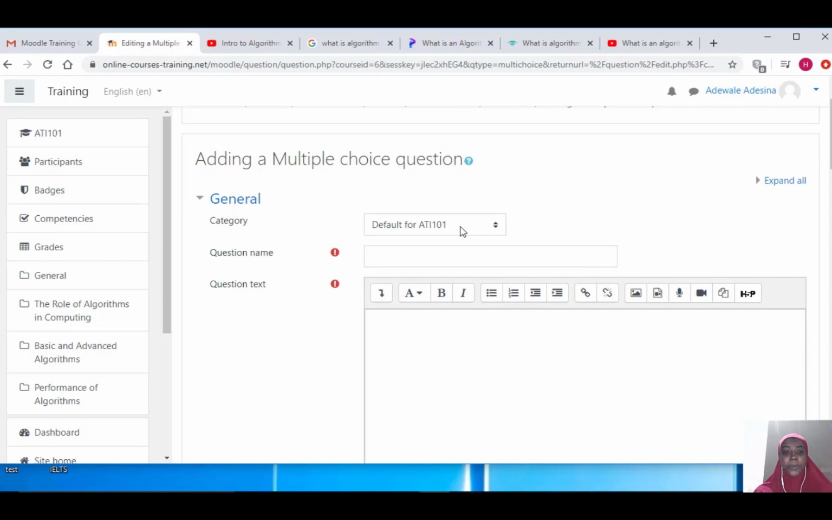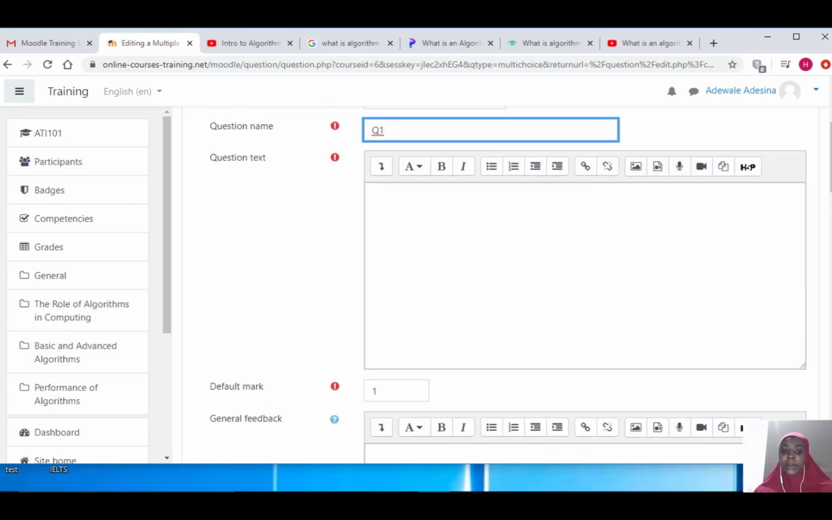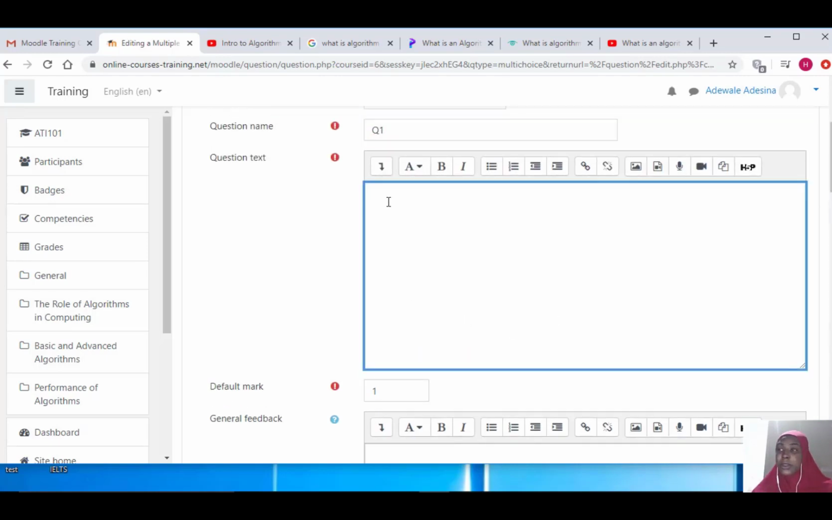So what you do is you select the category to prevent mix-up, and then you put in the question name. For example, you want to have different questions, like for the quiz, maybe 10 or 15 questions depending on what you want. So you can just write Q1, question 1, or you can type it completely depending on what you want. The next thing is you type in the question text. Maybe algorithms